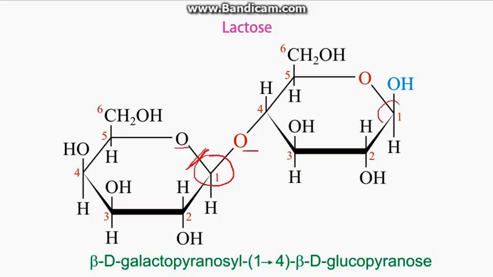Similarly, over here you see a free anomeric carbon group. Why do you say it is free? Because it is connected to two oxygens and because there is no other bond attached to this oxygen. It is basically free. So that's why we call this OH group as free, not being connected to anything else apart from the anomeric carbon. So lactose, like maltose, is also a reducing sugar.